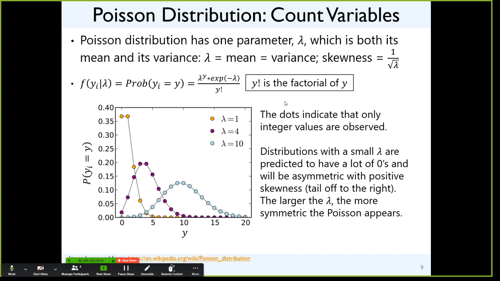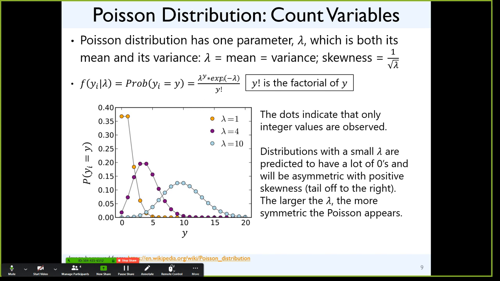Here's one that's also discrete that is specifically for counts. It's called Poisson. All I know about that word is that it's French for fish. I speak Spanish, but not French, but that's what I've heard. This one is often used to characterize count data because the lowest it can be approaches 0, but it never goes below it, and it goes into positive infinity. And a consequence of having a low mean is skewness.